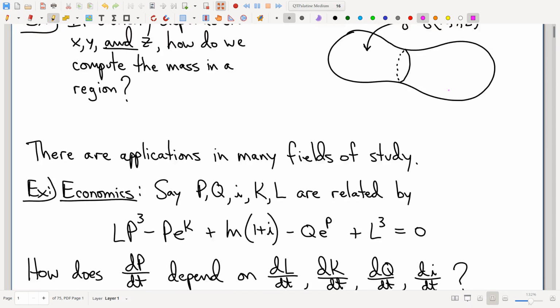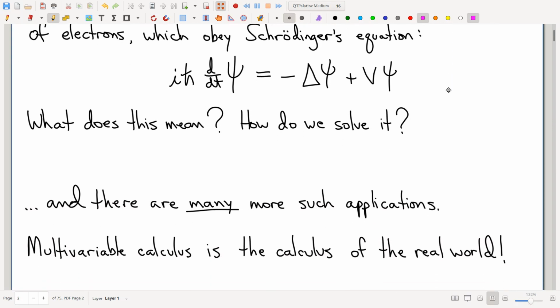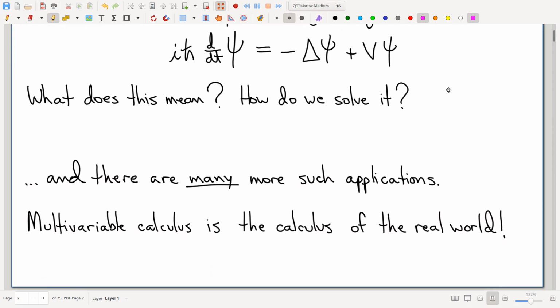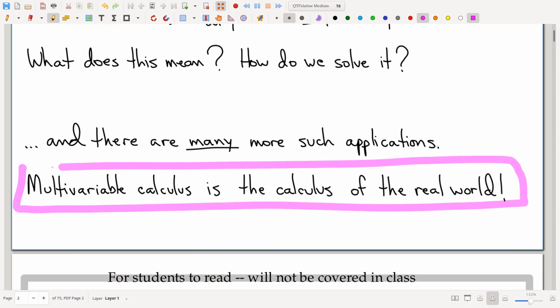Okay, so real quick before I move on to the next thing. You know what? Let me just hit this last line. I think this is a really nice little pithy summary. I like to think of multi as being the calculus of the real world. Rolls off the tongue very nicely, nice and pithy. And again, the real world is multidimensional, right? There are multiple variables to be dealt with in lots of situations, and so I think this is a reasonable